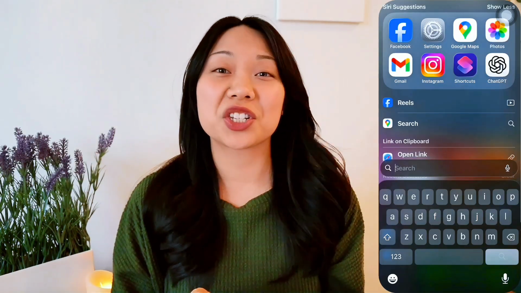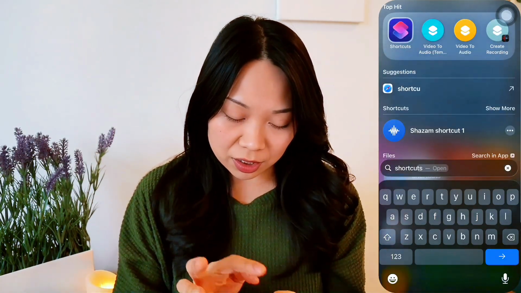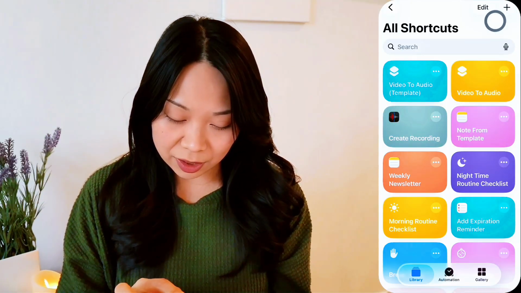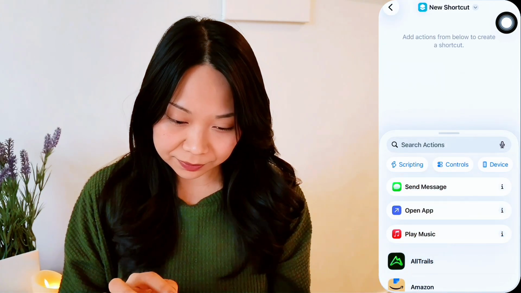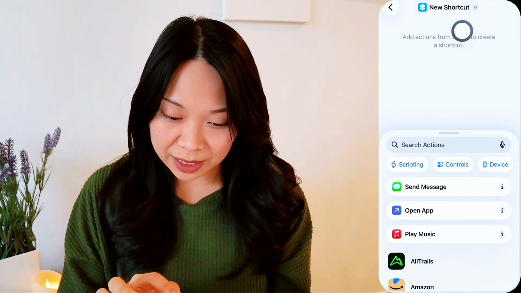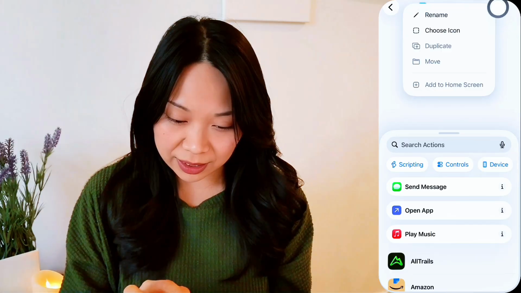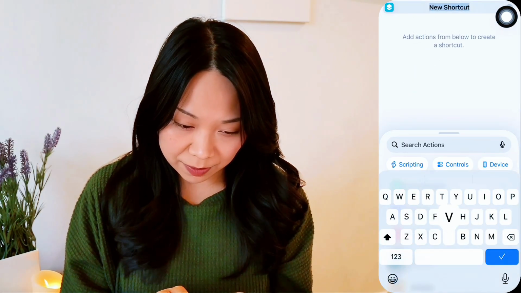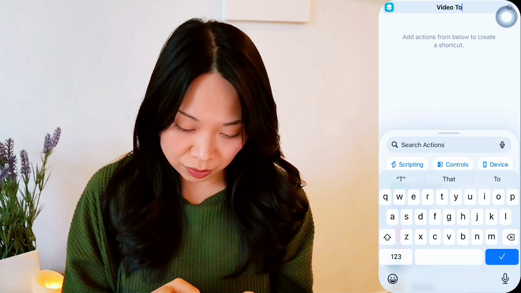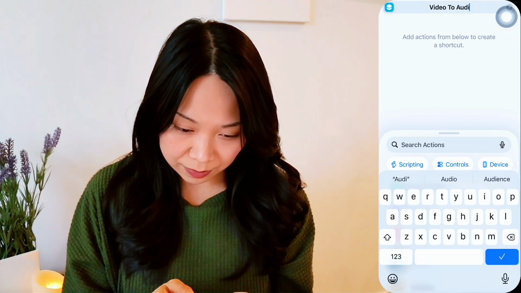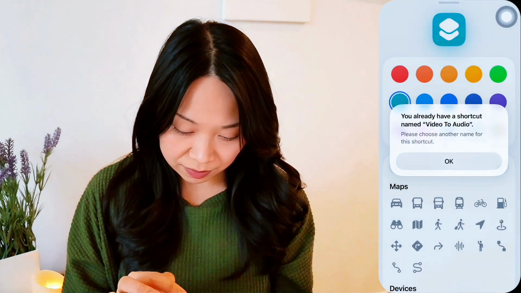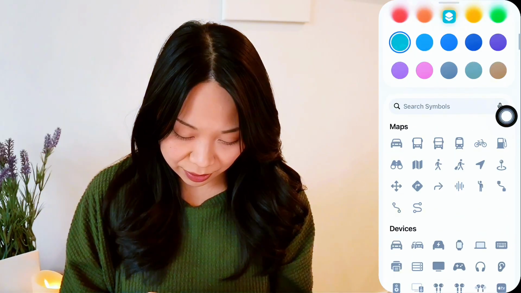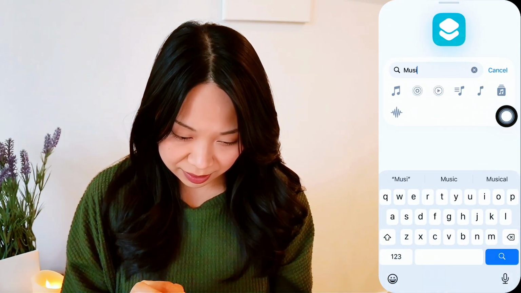So you're going to search shortcuts on your phone, and then you're going to click the little plus button on the right. And I like to rename my shortcut right away, so you can click on that little arrow, click rename, and let's type video to audio. Okay, you can do whatever symbol you want, or you don't have to do any of this, but let's put a music sign, music,